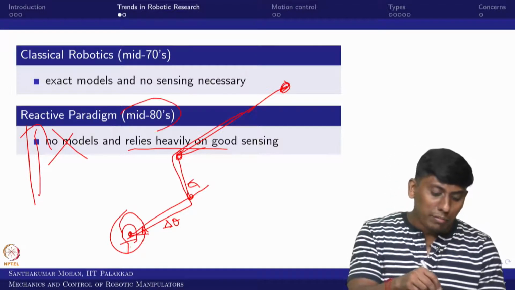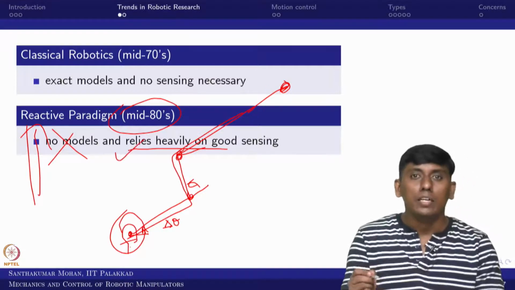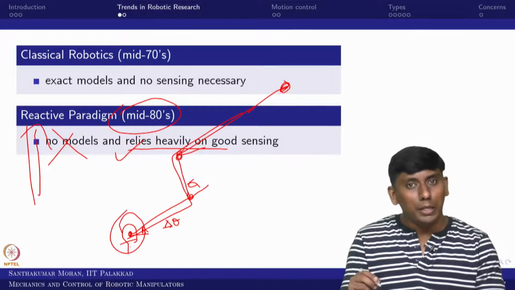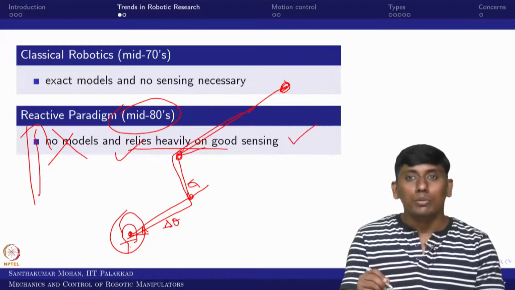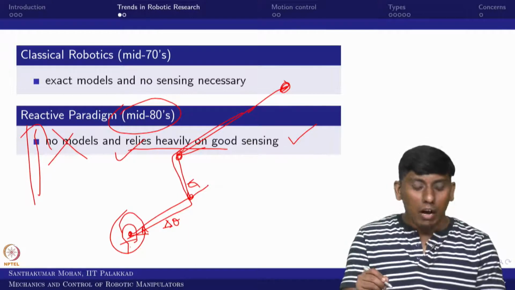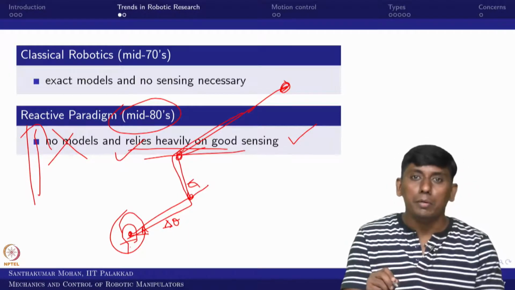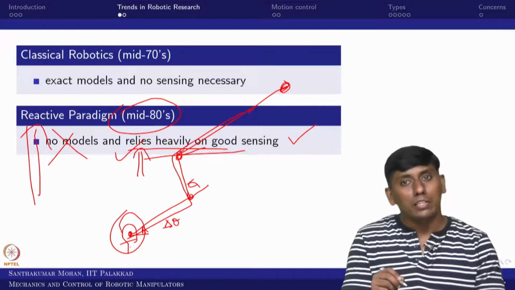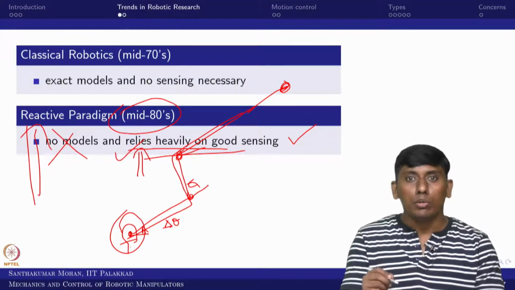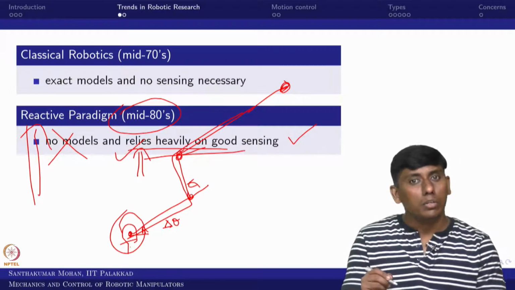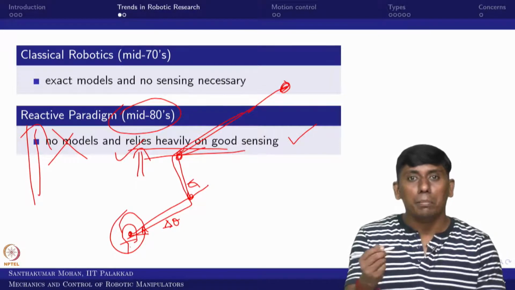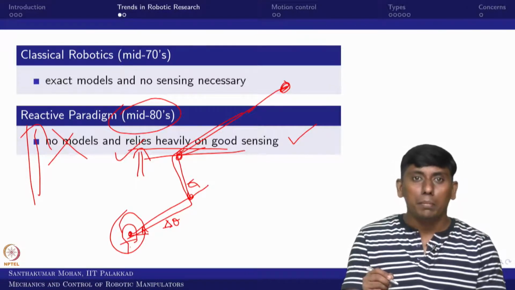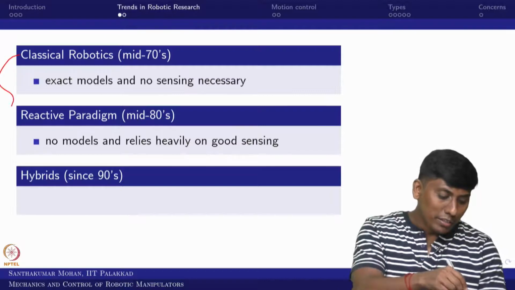Then in the mid 80s, the three-term control, which we call PID control, was very popular. These all had a good reputation in those days. However, later on the robotics community realized that this purely depends on feedback, so motion based control does not give good performance over a period, and it is not giving exact error compensation. So then people thought, why can't we combine these two.